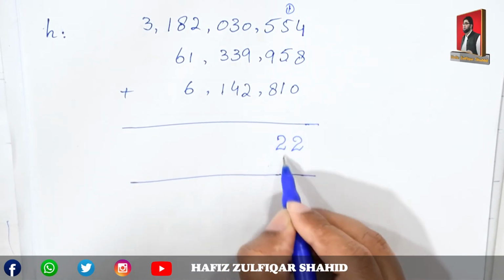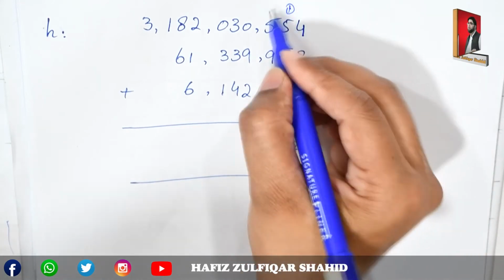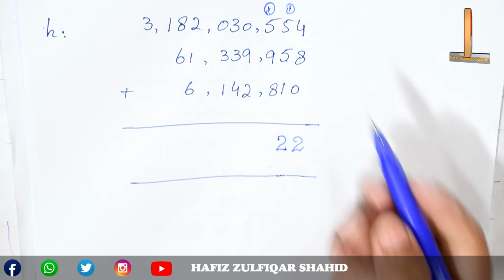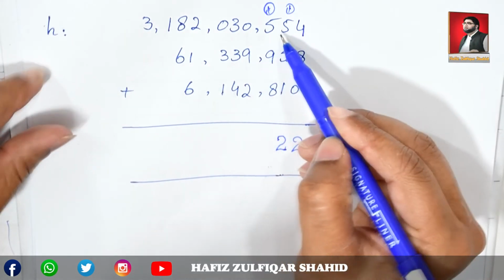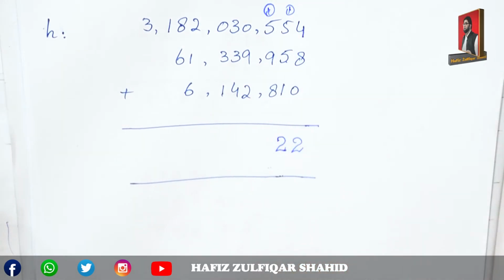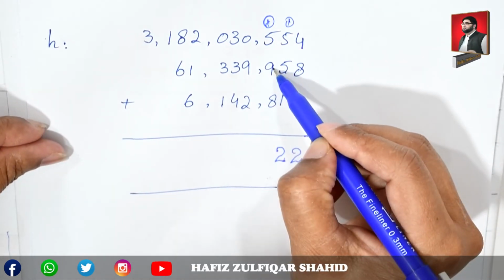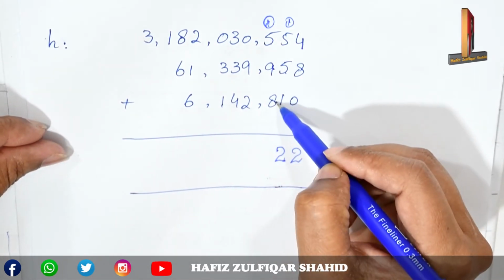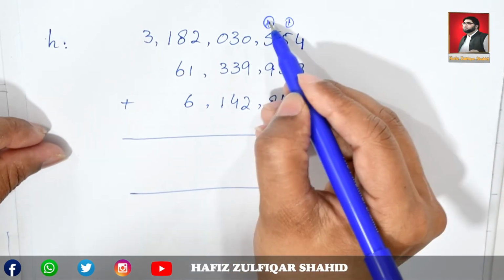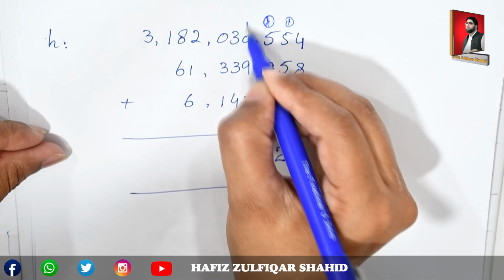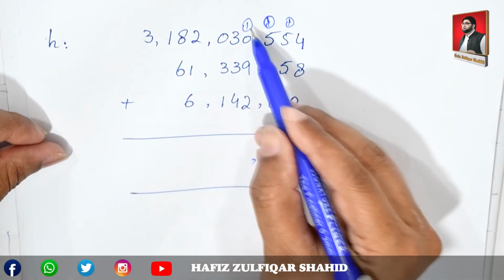Tens converted into hundreds. Tens go down, and the hundreds one is carried against the hundreds. Now add the hundreds column. 5 and 9, 14. 14 and 8, 22 and 1, 23. Write 3 in answer. Take 1 carry to the next column.